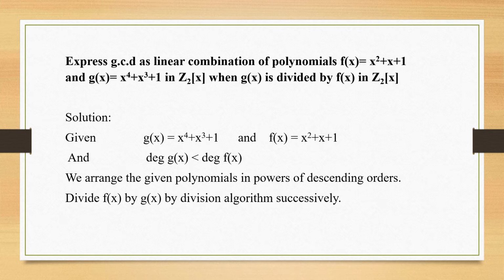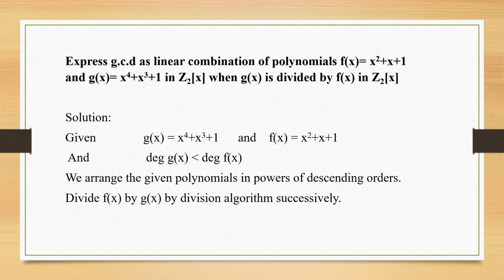Now, out of these two polynomials, you have to compare them and pick the one which has the greatest power. Whichever has the greatest power will be treated as your dividend, and the lower power polynomial should be treated as your divisor. This is what you just keep on doing.